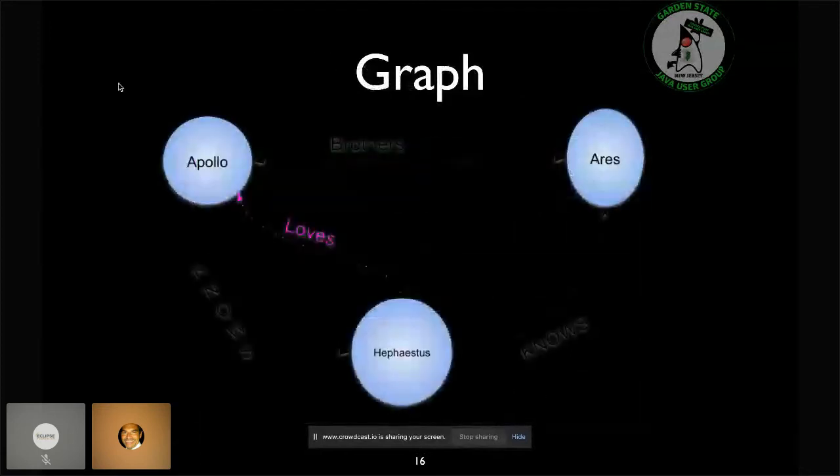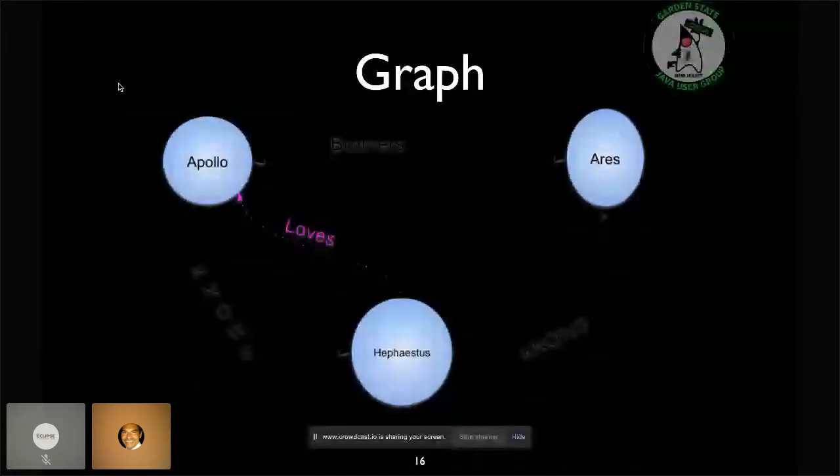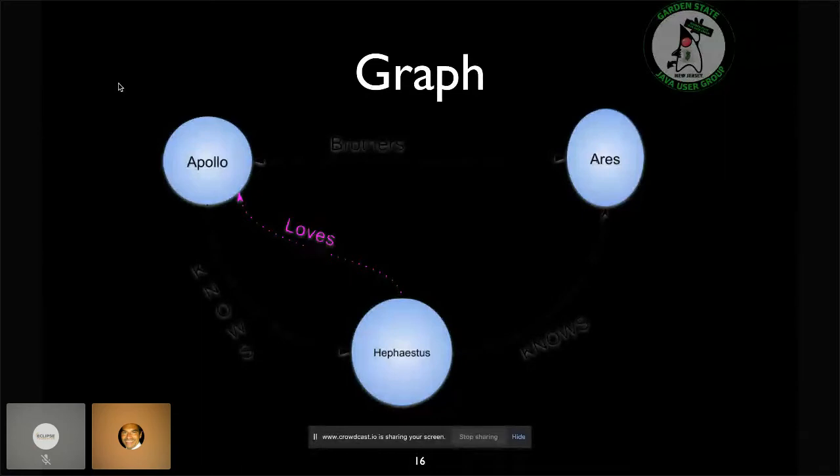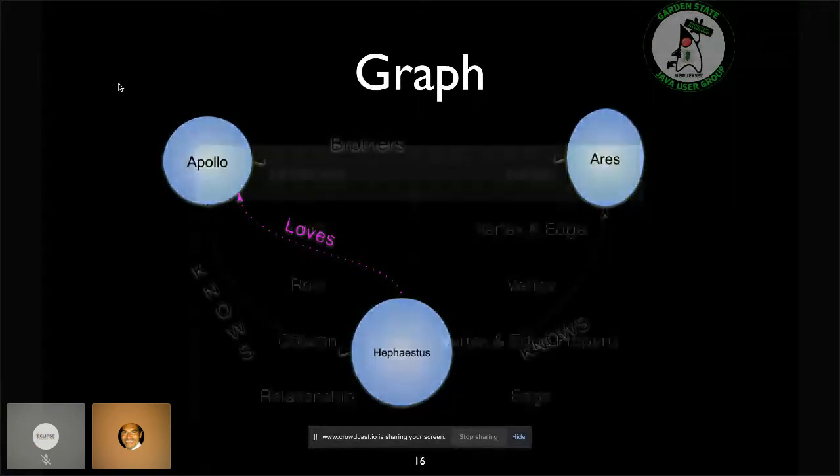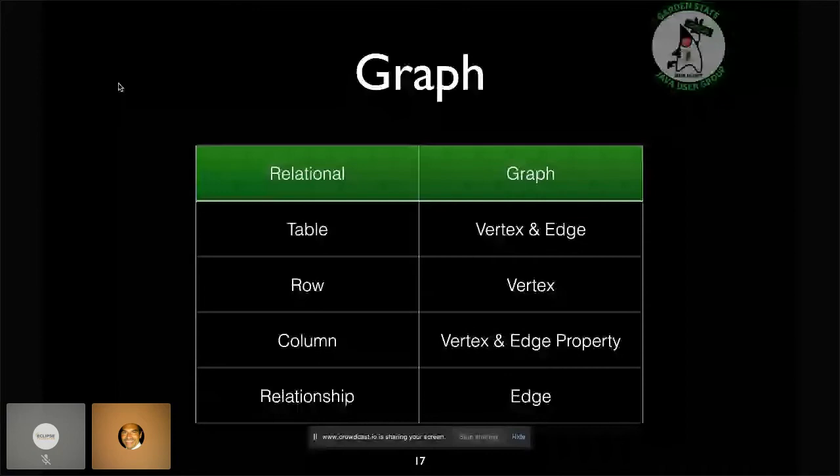And last but not least is the graph database type. You can see some relationships going there. Here it says Hephaestus loves Apollo, and then there's a connection between Apollo and Ares that are brothers, and so on. Apologize for the graphics not being as clear as they should be. But think of graph theory, right? So you see in there is